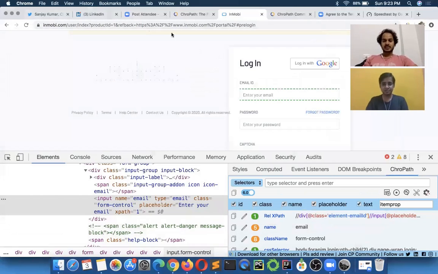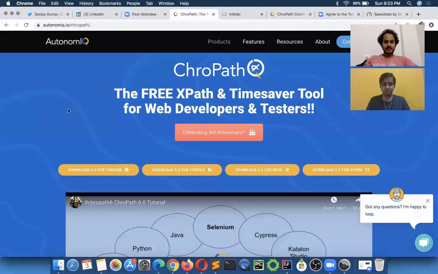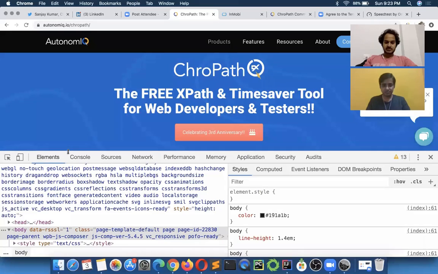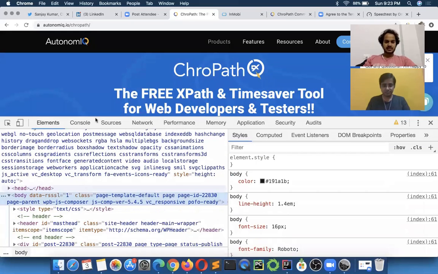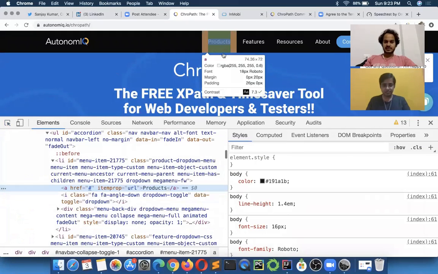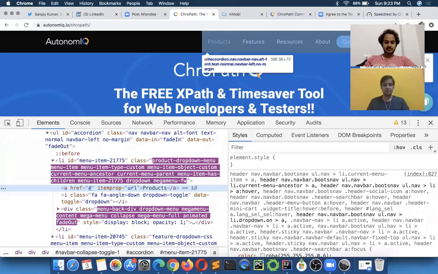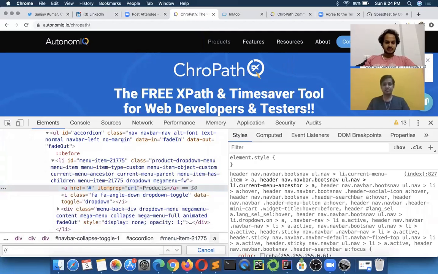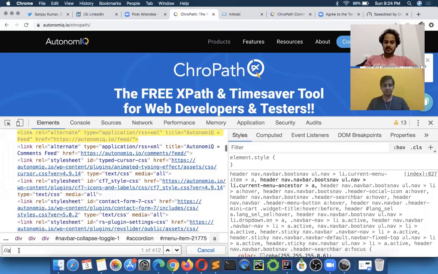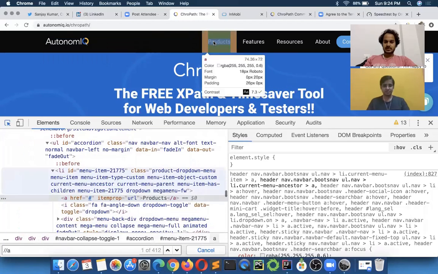And if you are writing an XPath by hand, you see how much effort we are wasting. Same thing, let's say you have to write an XPath for this element, products. So how will you do it? //a. And as soon as you type a here, you see the DOM is scrolling up and down. Again, you will have to inspect the element.